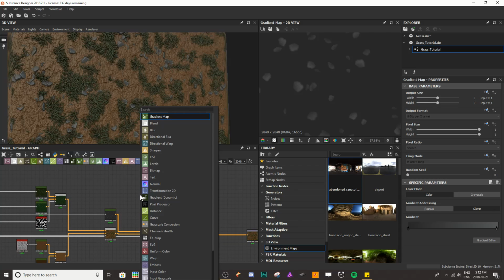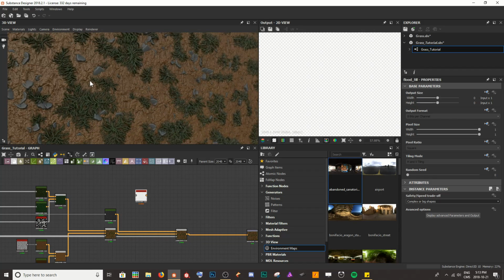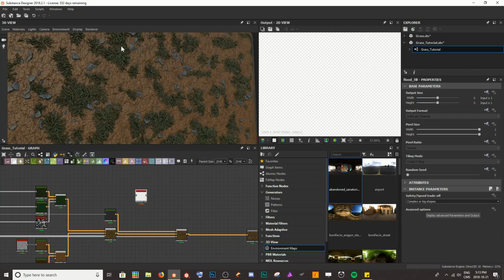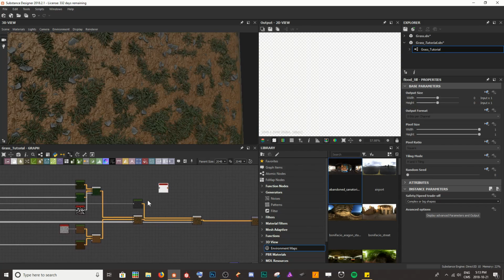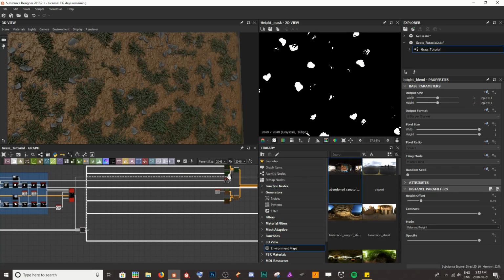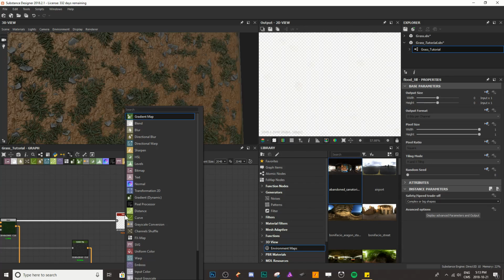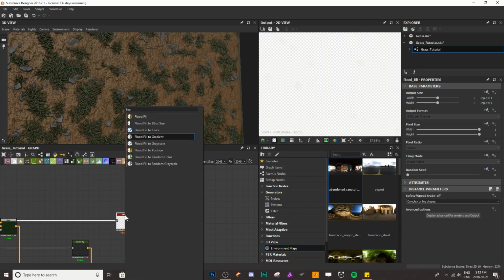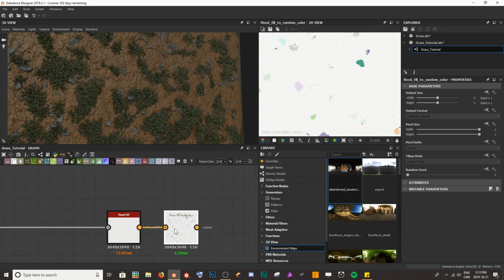So now what I'm going to do is add a flood fill node, because what I want to do is randomly select each one of these rocks and just add a different kind of color overlay over top to give it a little bit of variety in its color. And so what I'm going to do is draw again from our mask and use this as a flood fill. I'm then going to take our flood fill and add a flood fill to random color and just plug our flood fill into that guy. And you can see that we're going to get a bunch of different random colors